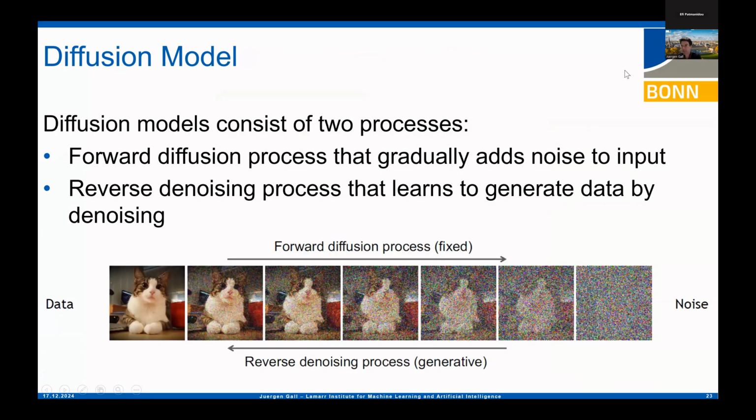So to do this kind of prediction, we actually follow a diffusion model. The diffusion model, just in case you're not very familiar with it, is actually relatively straightforward. We have two directions. If you have, for instance, an image, you have a so-called forward process, which means you add small Gaussian noise until everything is represented as Gaussian noise, with zero mean and the covariance matrix simply being the identity matrix.